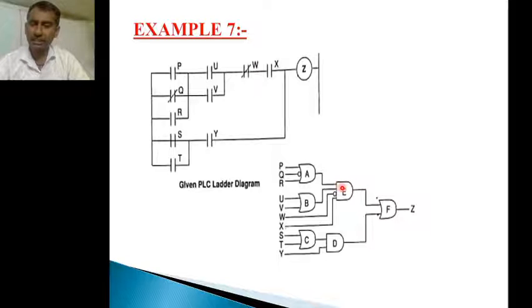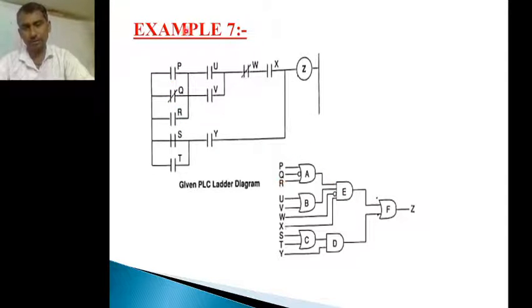And the fourth input for the gate is P, Q bar, R bar. These three are connected in parallel. So P, the Q bar can be represented with one bubble, and R. These three can be represented with an OR gate. Why? Because these are connected in parallel. So we complete one complete combination.